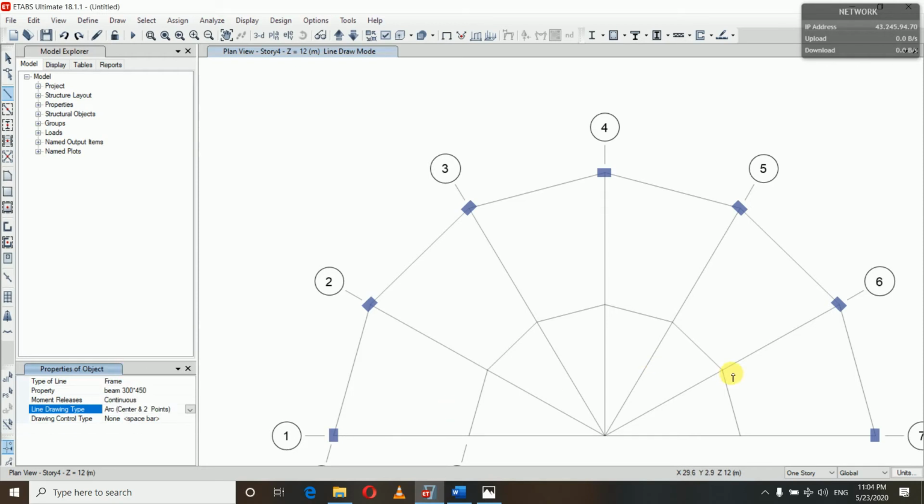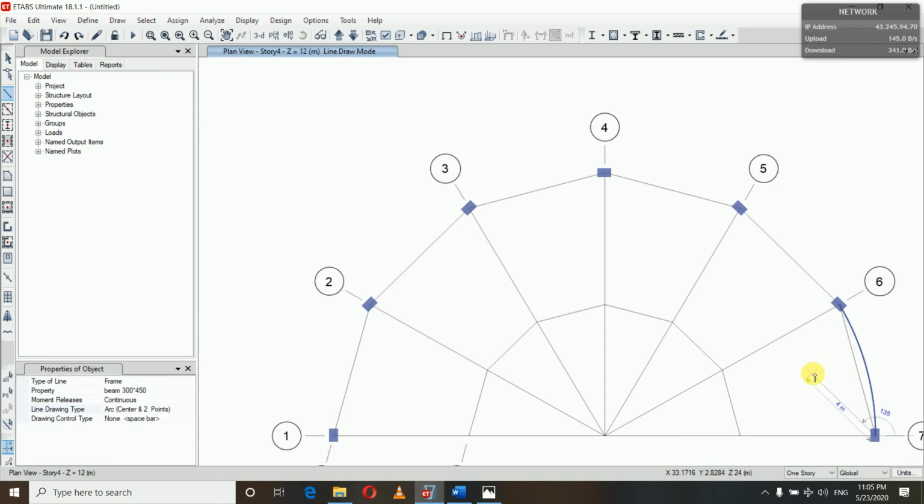In this, first click on the origin and then at one end, and you can go in this direction and then click on this joint. So you can see you have drawn your curved beam.